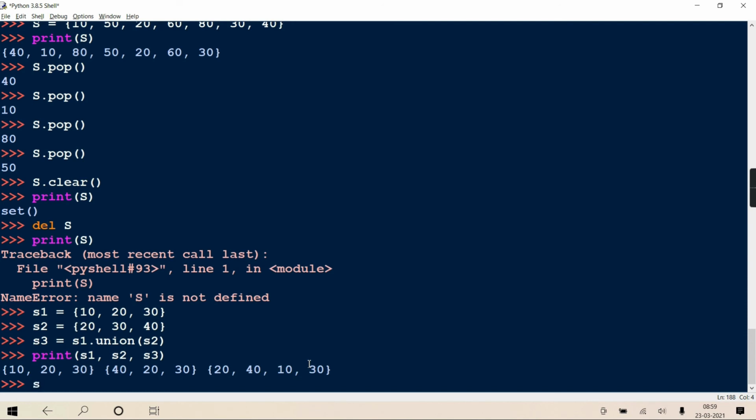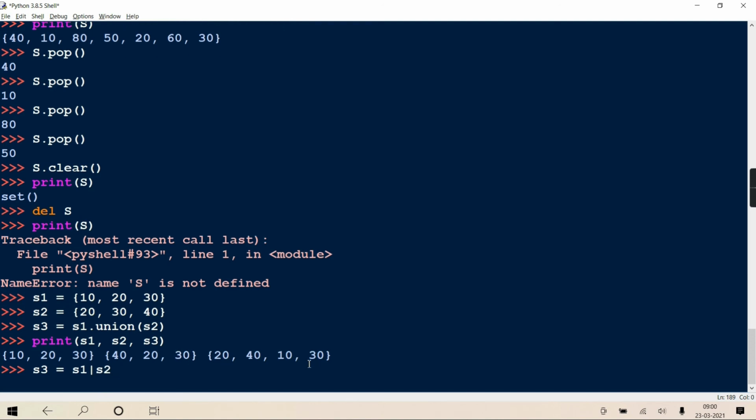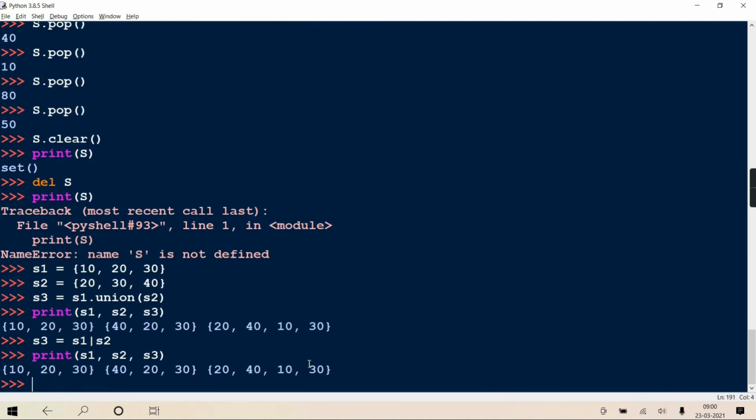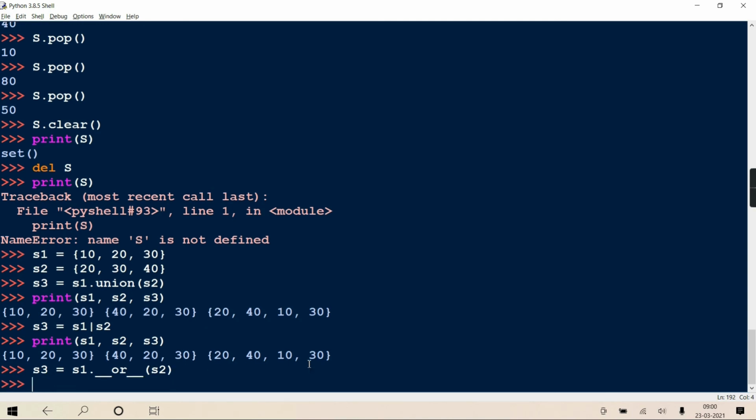Okay, and the same activity you can do with the OR operator also, S1 OR S2. Print and see the result, the same thing. Internally, when we say S1 OR S2, it is a bitwise operator, so internally it has called one bitwise OR method on S1 with S2, which does the same thing.